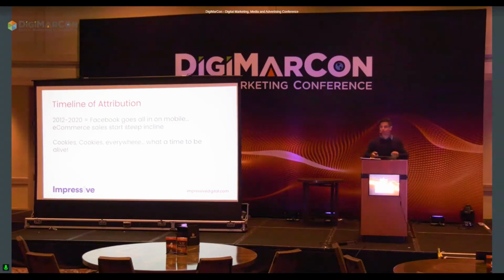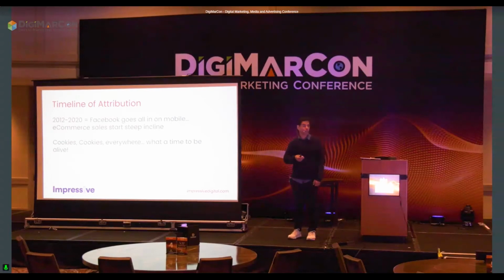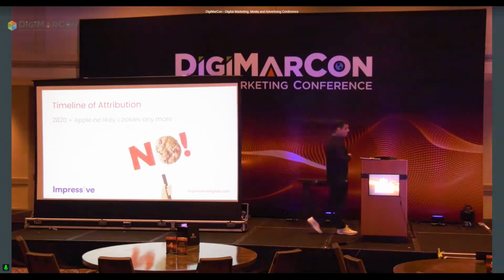And if you're a ROAS-based Facebook marketer, this is where you were running a really, really simple funnel. You're putting $1 in, you're getting 10, 20 bucks back, and you look like a genius. And sure, a lot of those marketers were doing really good work. A lot of them were just following the numbers. They weren't super creative. They weren't super innovative. So what I'd like you to think about is, as we move forward,